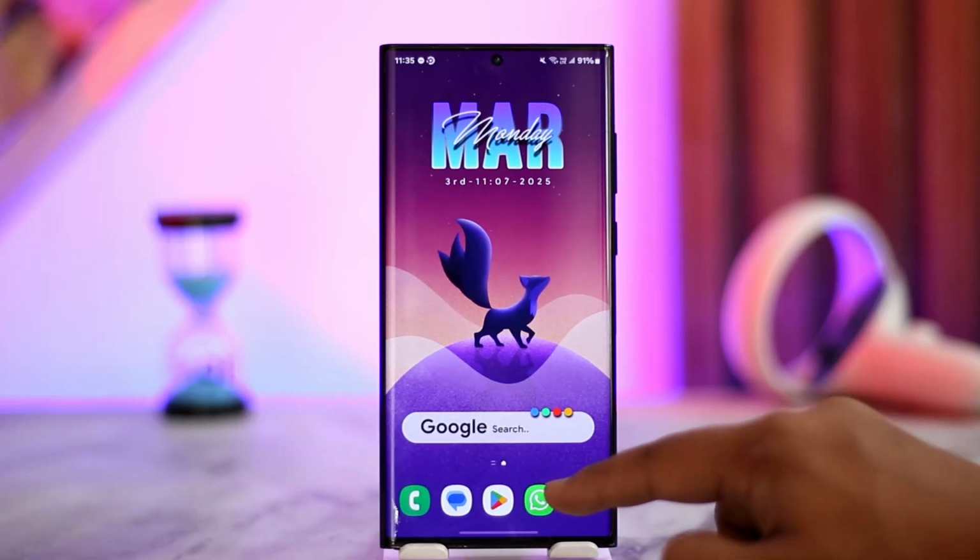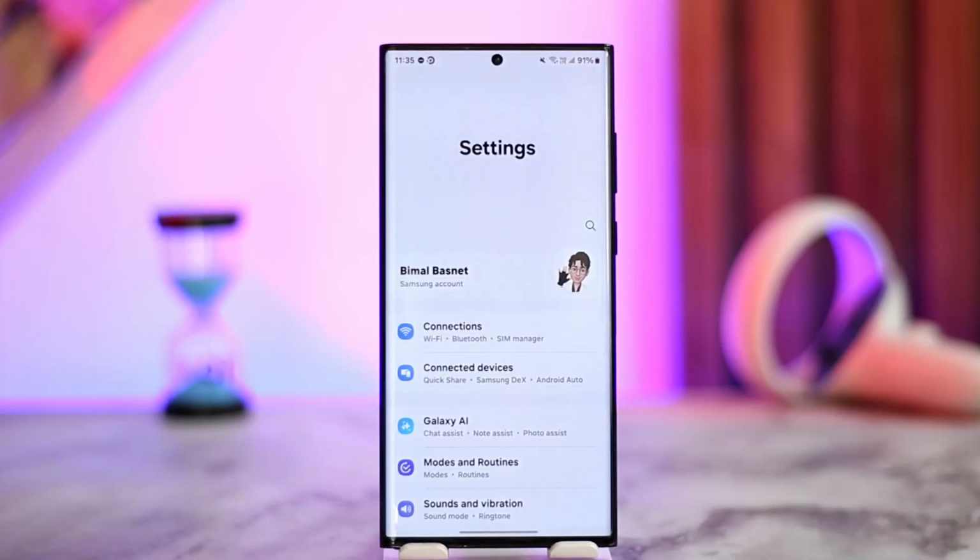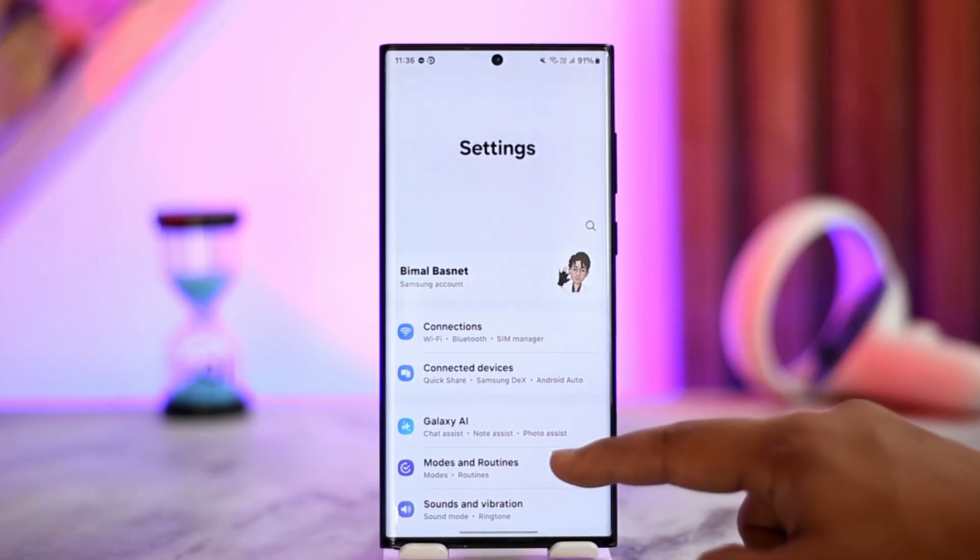Now, first of all, it depends upon which Android phone you're using and which keyboard app it has. In the case of my Samsung Galaxy device, it has its own Samsung keyboard. Now, most Android manufacturers actually use a Gboard or Google keyboard, so the settings might be different based on different types of phones. Either way, you first of all want to open the settings app on your Android and simply